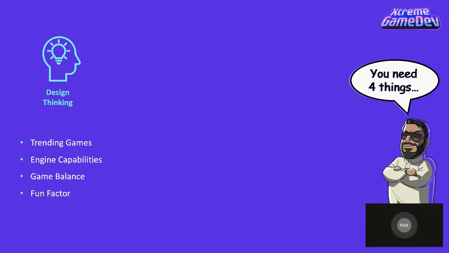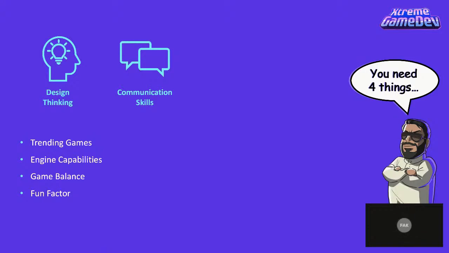Fun factor, very, very important. When I talk to my friends about game development, the fun factor should be number 1 priority, I think, in any game. Why do we play games? Because we want to have fun. So if we're not having fun, stop playing games. Do something else. The second thing, you have to have communication skills.